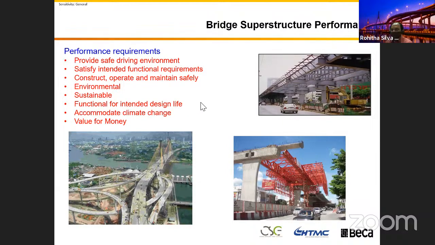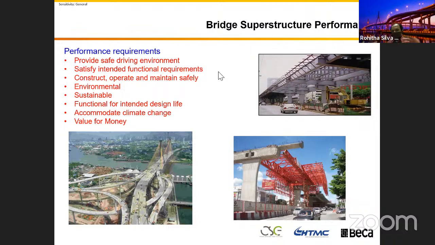All right, then I will jump into this one because, as I discussed before, now I'm going to summarize the bridge superstructure performance: what we expect to have a safe driving environment and satisfy the intended functional requirements. Of course, we want people to drive there, and to construct, operate and maintain it safely. I showed you the extreme ends. The bridge should be able to be safely constructed, and it should be able to operate. People should be able to drive, and maintenance as well, because, for example, if you use